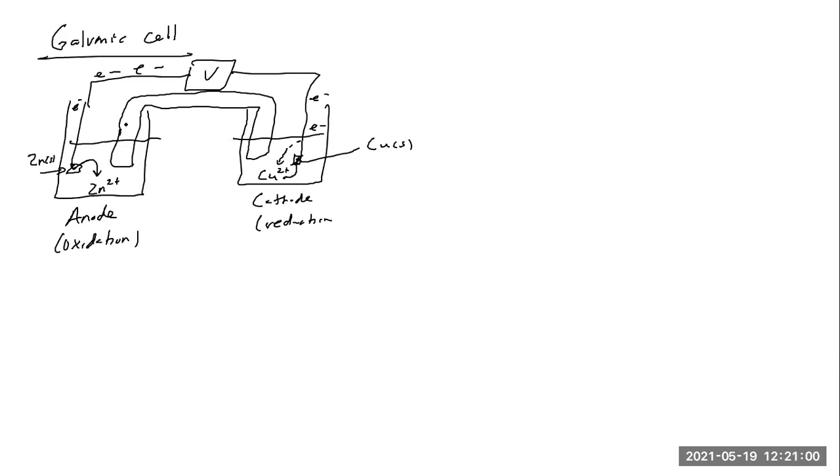And we also have another important part here that connects them, which is our salt bridge. Remember that our salt bridge is some type of ionic compound, so a positive and a negative ion, like say potassium chloride or something of that nature. And what's going to happen in this particular case